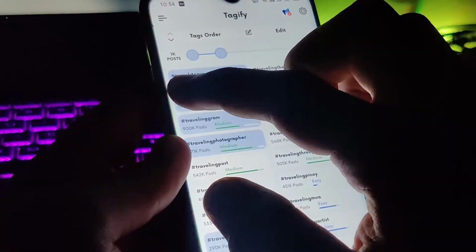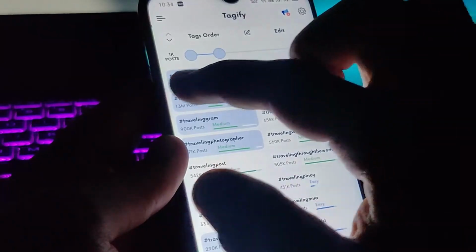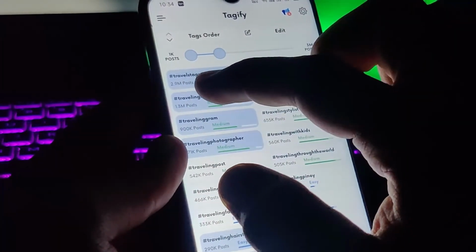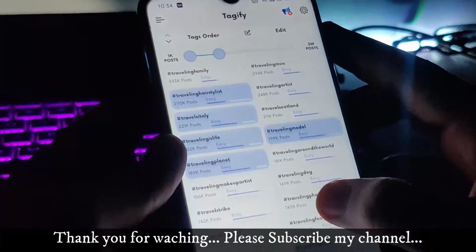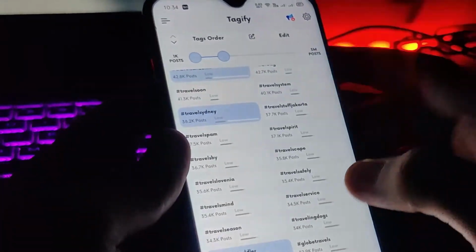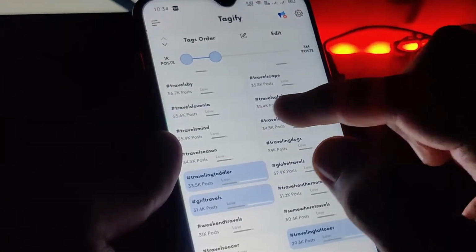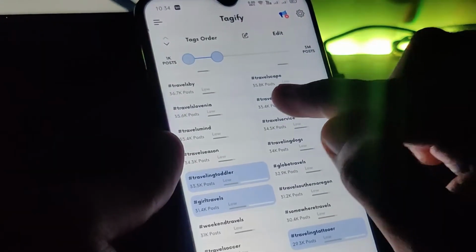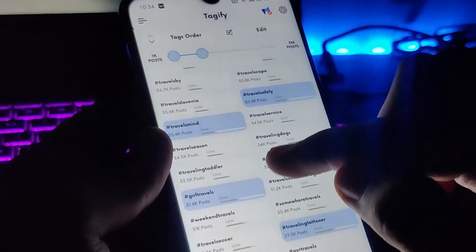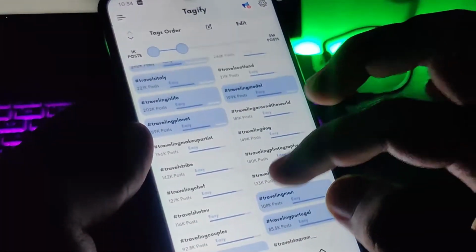You can see one thing in common, that the app is showing how many times this hashtag is used in how many posts. You can see it is hard, because 2.9 million posts have used this hashtag called travel. If you do not have that many followers on Instagram, I suggest you try to take the low competition hashtags from this app like this. Just tap on them and these hashtags will be selected. That's up to you. You can select any kind of hashtags from here.